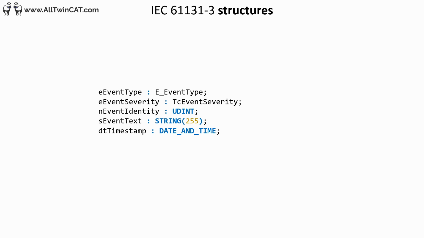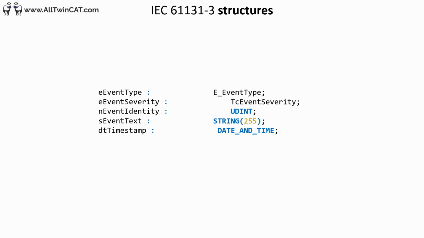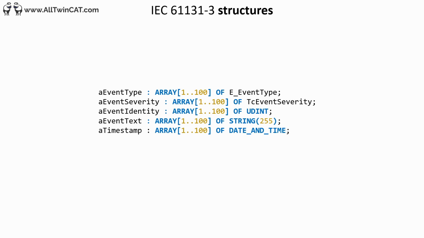And a timestamp. Now assume we want to keep track of what has happened in our system over time. This would mean that we would need to store several instances of events. One way of implementing this would be to store this data in arrays. We could create several arrays, each one of them holding every piece of information, and every array being indexed from 1 to the amount that we want to be able to store, for example 100.